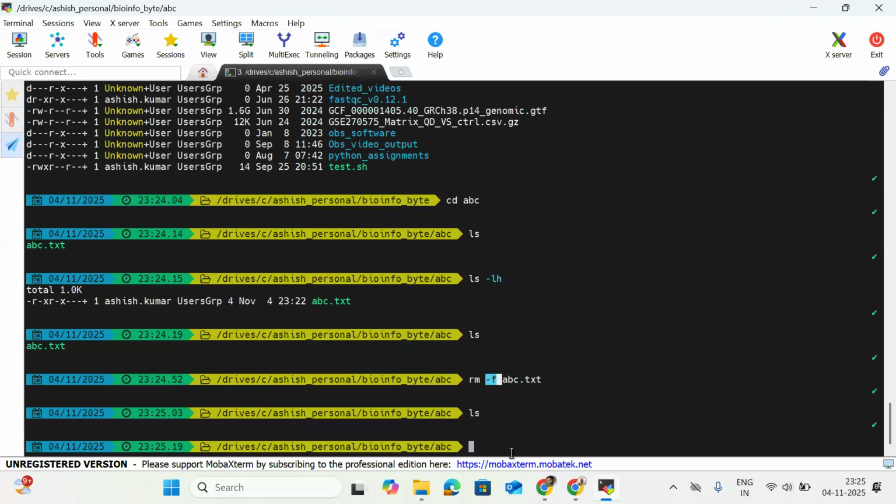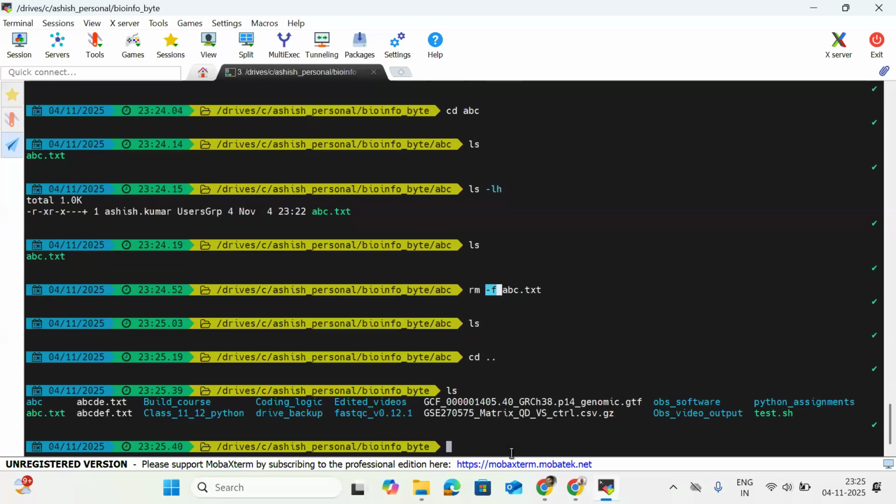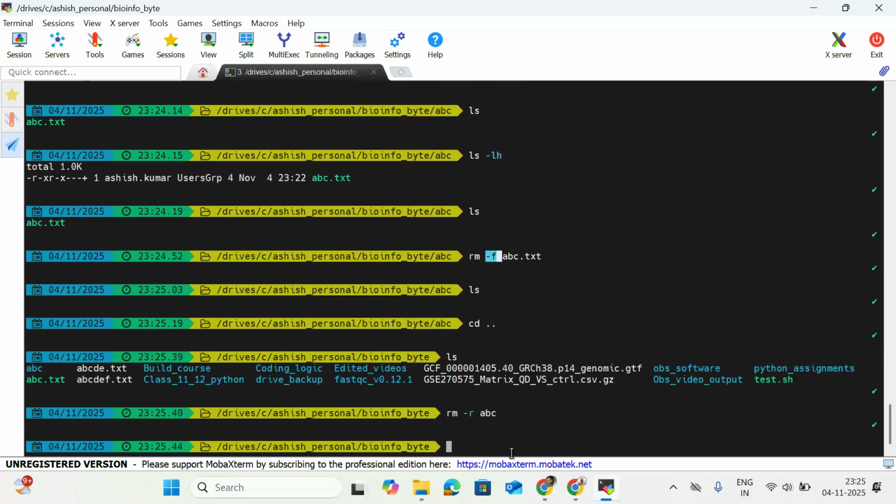Now if I do ls, this particular folder does not contain any files so far. I have deleted all the files. Those files which don't require any permission, I can simply delete with the rm option. But some files we can delete forcefully if we face any issue while deleting that particular file. I can go back and delete this folder with rm minus r abc, hit enter, and